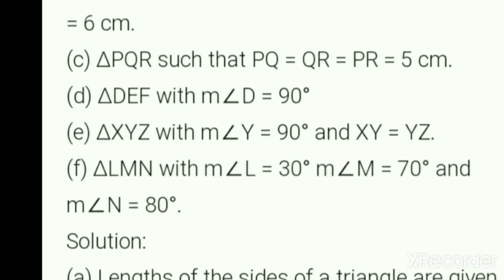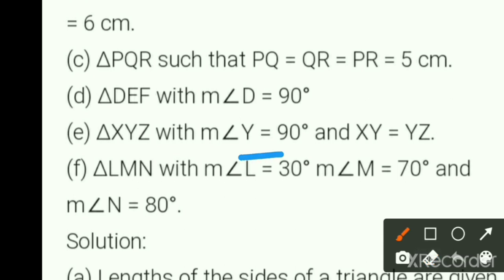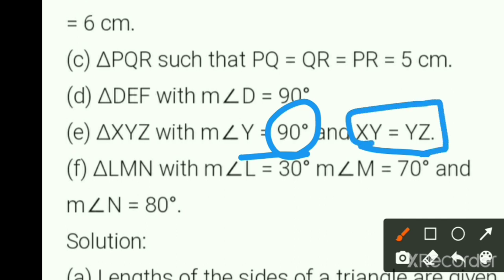Triangle XYZ with angle Y is equal to 90 degree and XY is equal to YZ. Here in E question, they have given the angle as well as the side. So one angle is 90 degree and they are saying two sides are equal. If one angle is 90 degree, we call it a right angle. Then what about the side? If two sides are equal, it is an isosceles triangle. So E question, can we write it as isosceles